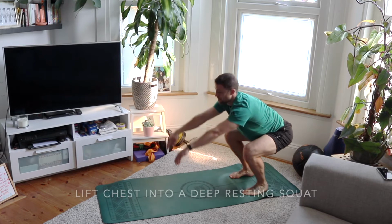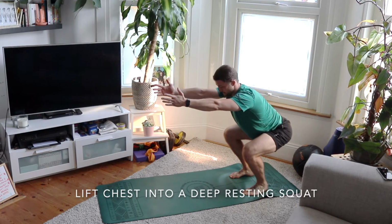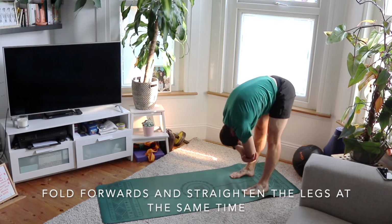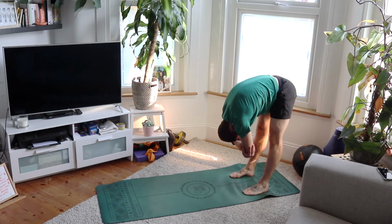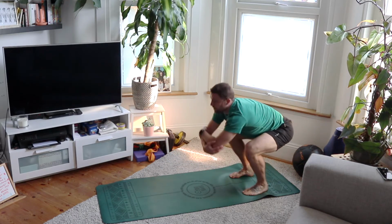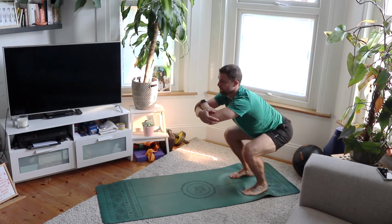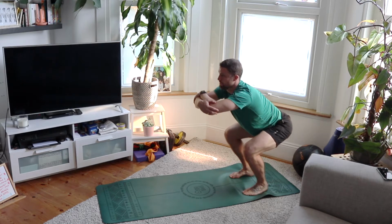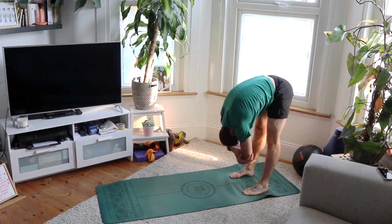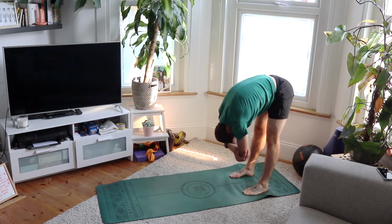I sit into a deep squat, which in yoga is called a chair pose, before I fully extend my legs and look through my legs behind me in a forward fold before I bend, extend the spine, lift the chest and sit into this activated position here before I push the stretch down the hamstrings and fold forwards as I straighten my legs. You can see the weight of my upper body weighs those hamstrings down before I bend the